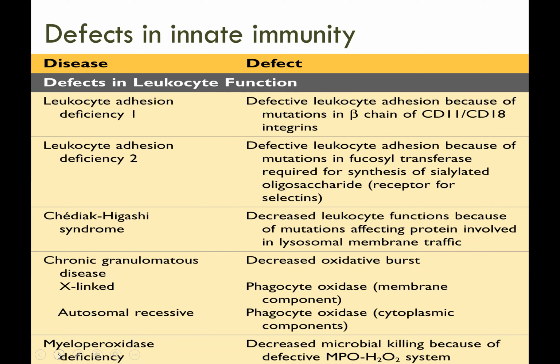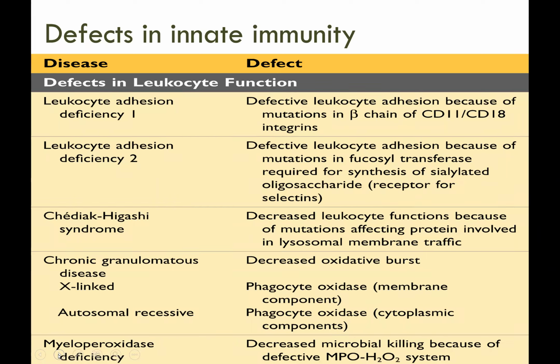Now, this is a table that is in your book, which is an example of defects in innate immunity. Primary immunodeficiency, as I have mentioned, can be caused by either genetic or inherited defects, which affects the defense mechanisms of innate immunity. When we say innate immunity, I hope you still remember that we are talking about phagocytes, natural killer cells, or complement, or the humoral and or cellular arms of adaptive immunity, which is of course mediated by your B and T lymphocytes.